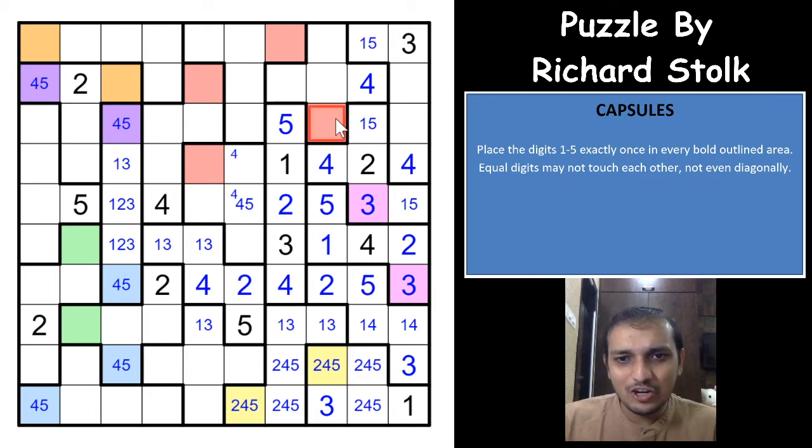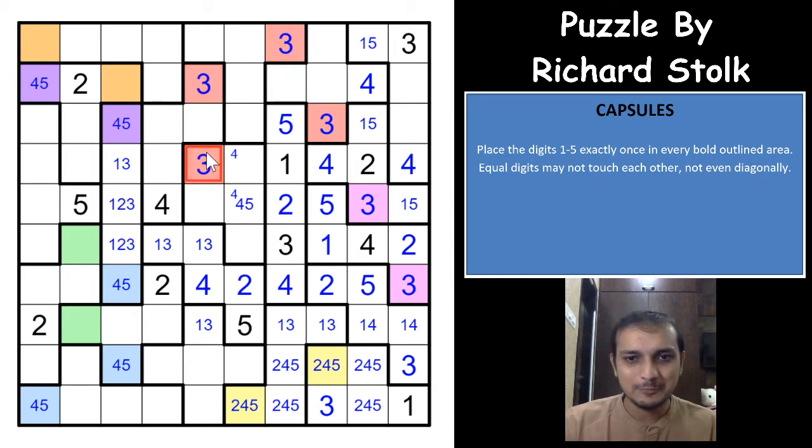The red cell can only be 1 digit. It cannot be 5, 1, 4, 2. It would have to be 3. So which means that all of these cells would have to be 3. That's nice. That's really nice. We can remove those which are not required now, which we have already marked, right?